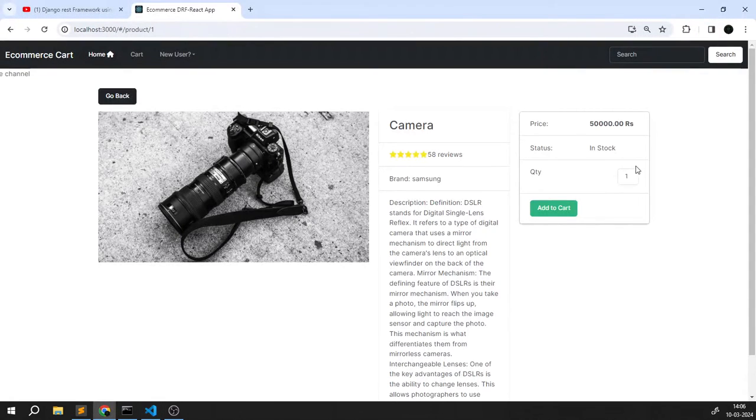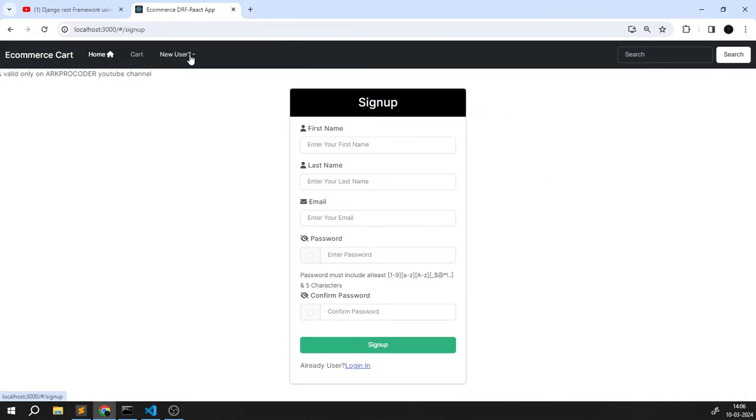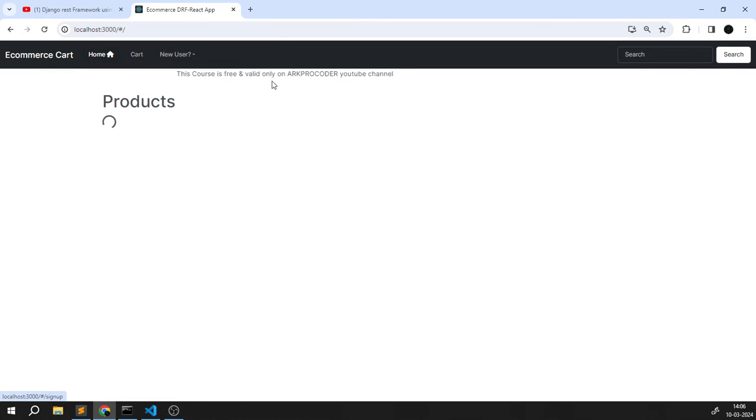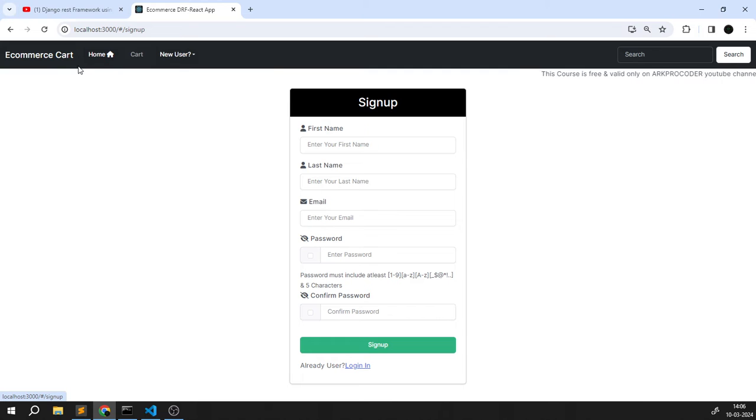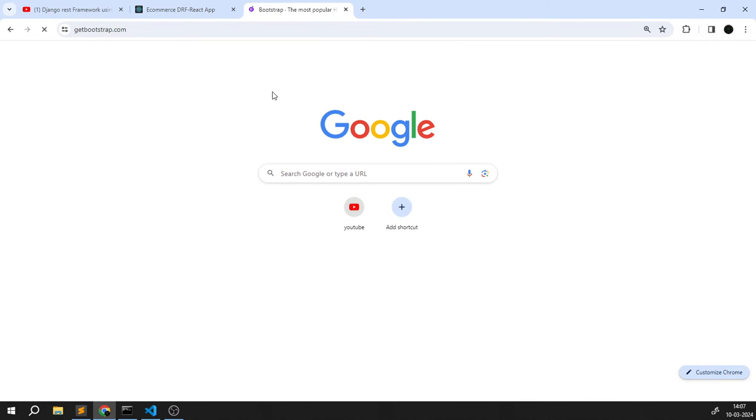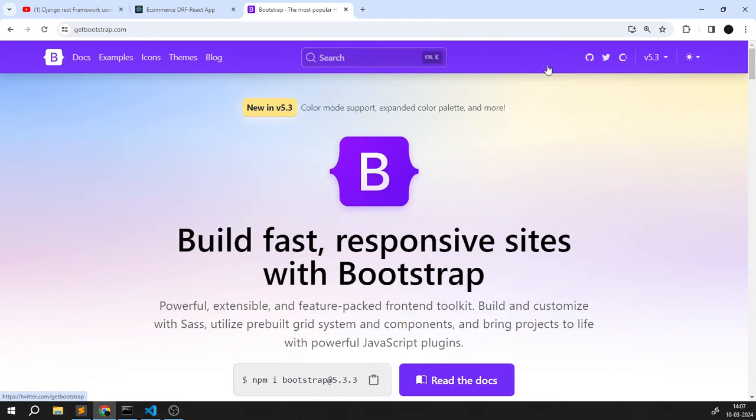Once I save, and if I scroll here, now also it is having the same issue. So you can see now the drop downs are not working. Here I am able to click it, but here I am not able to click those drop downs. So for that I can just go to getbootstrap.com and copy those CDN links,